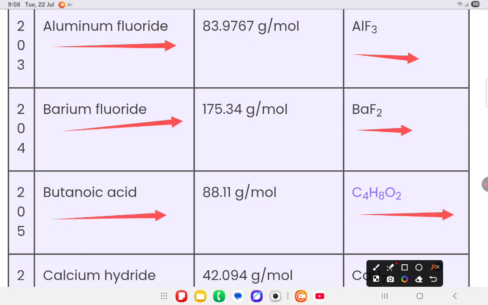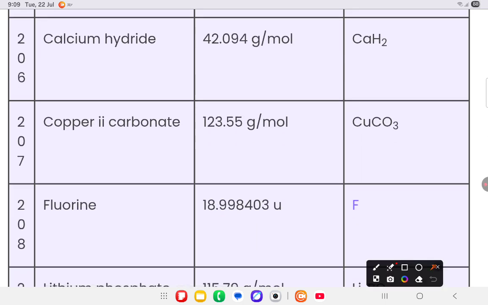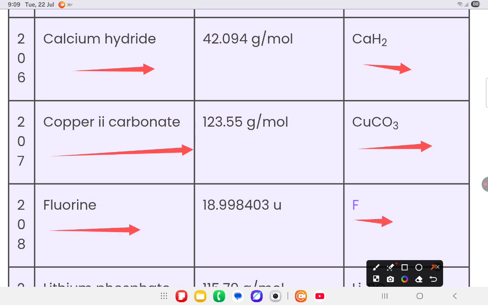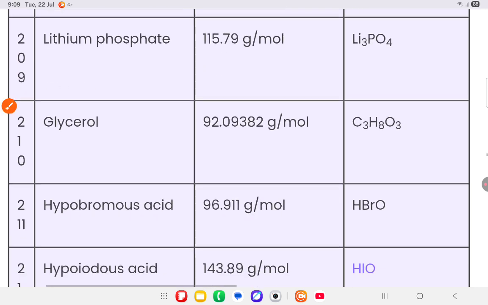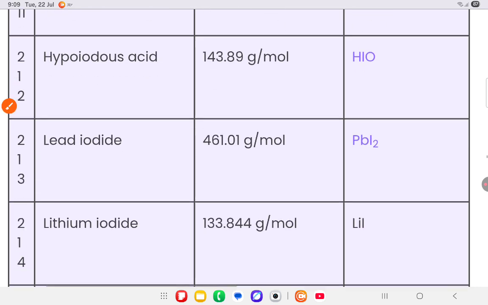butanoic acid that is C4H8O2, calcium hydride that is CaH2, copper 2 carbonate that is CuCO3, fluorine that is F, lithium phosphate Li3PO4, glycerol that is C3H8O3, hypobromous acid that is HBrO, hypoiodous acid that is HIO,